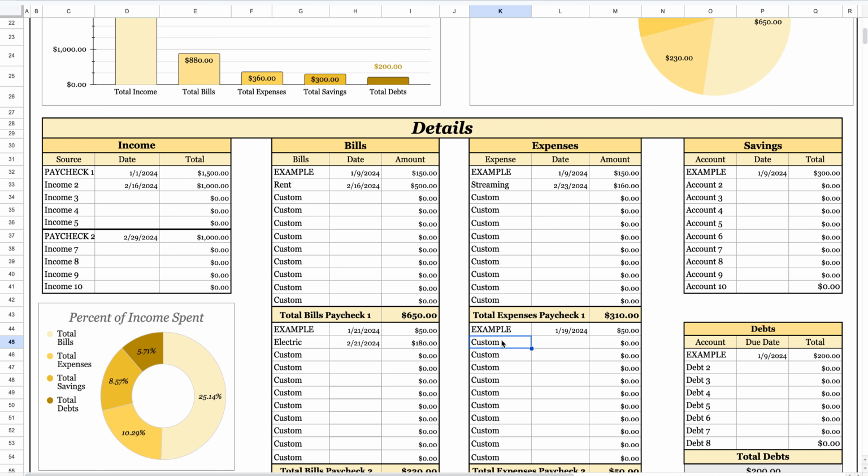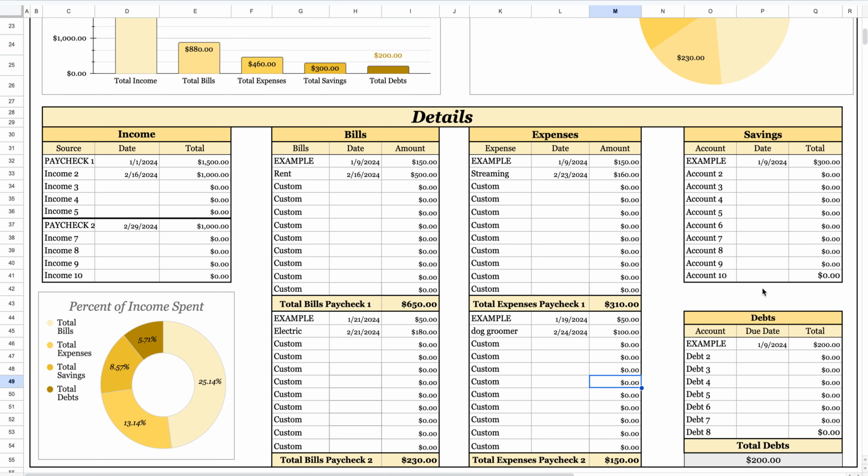And let's say the dog groomer is a part of expenses on the second half of your expenses. So let's say that's on the 24th, and that's $100. So you can see as you update these accounts here,